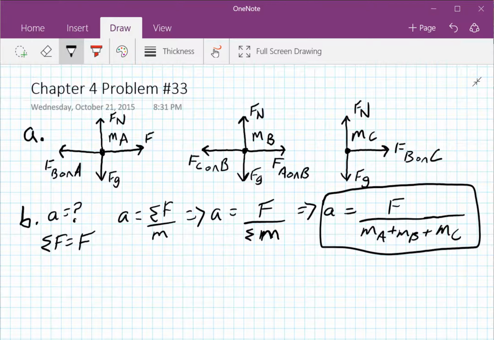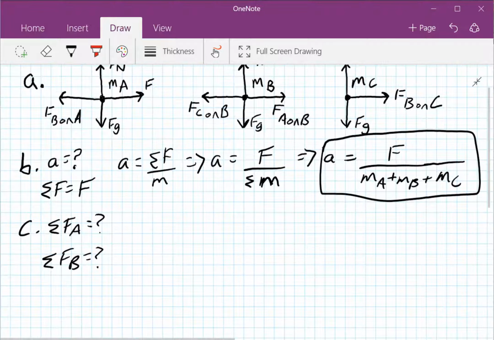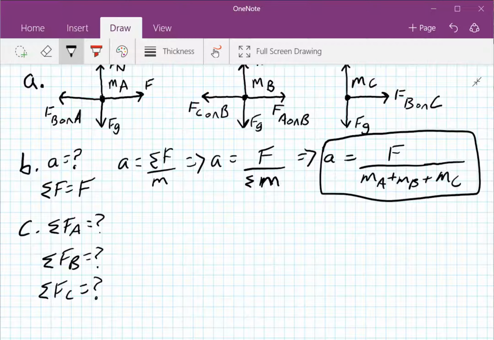Now, for part C, they want you to express the sum of the forces acting on A, the sum of the forces acting on B, and the sum of the forces acting on C. Really simple, not difficult at all actually. You can rewrite the equation we had before, but this time you say the sum of the forces of A divided by MA. Okay? So if that's the case, then we can substitute,